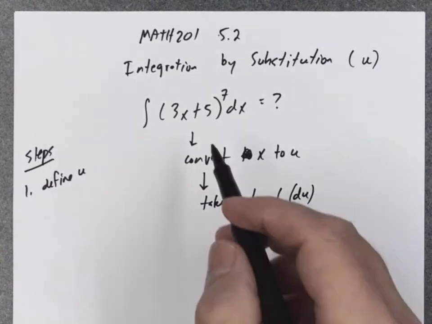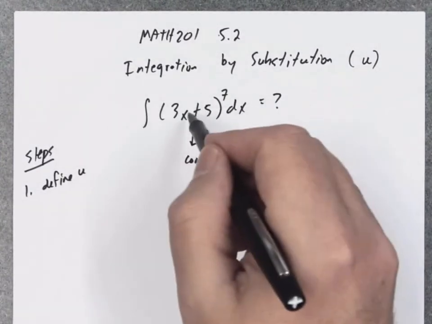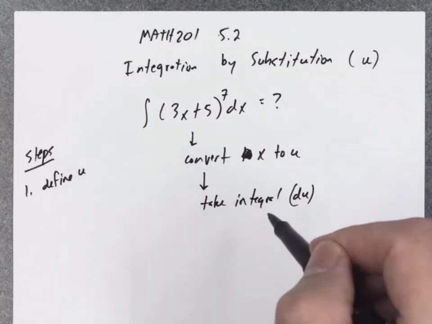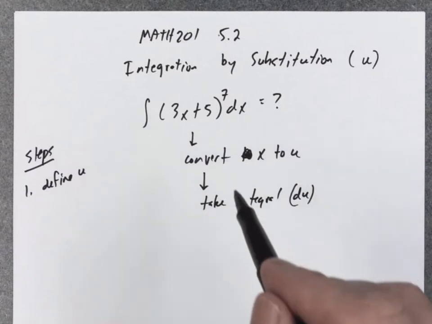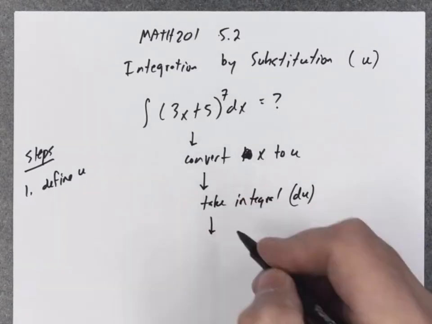Right now, if I leave it as x's, I don't have any rules to take this integral. I'm going to convert it to u in such a way that when I have my integral written with u's, I can follow one of the integral rules I've learned and actually take the integral. So you take the integral, and then the last step,